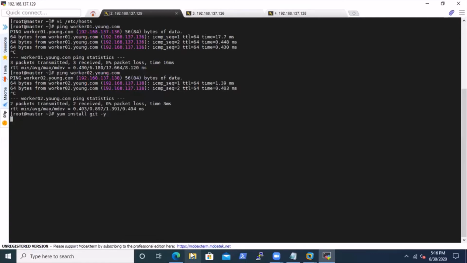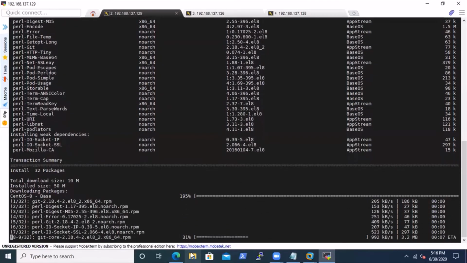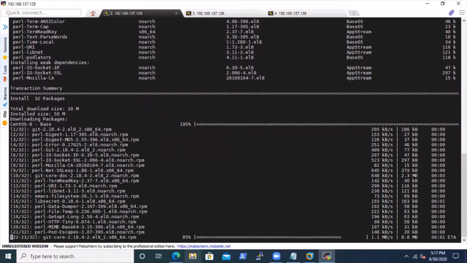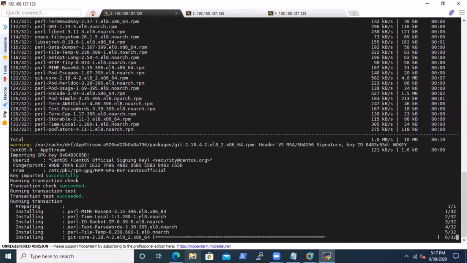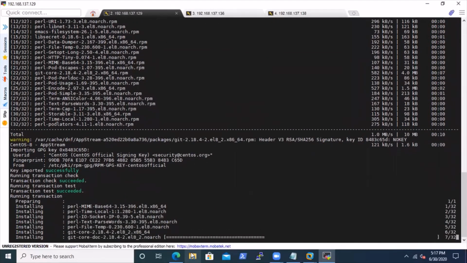The reason I'm installing Git is that I've stored my Ansible playbooks, which I'll use to deploy the entire infrastructure, in a GitHub repository. So Git is the command line tool I'll require to access them from that online repository.